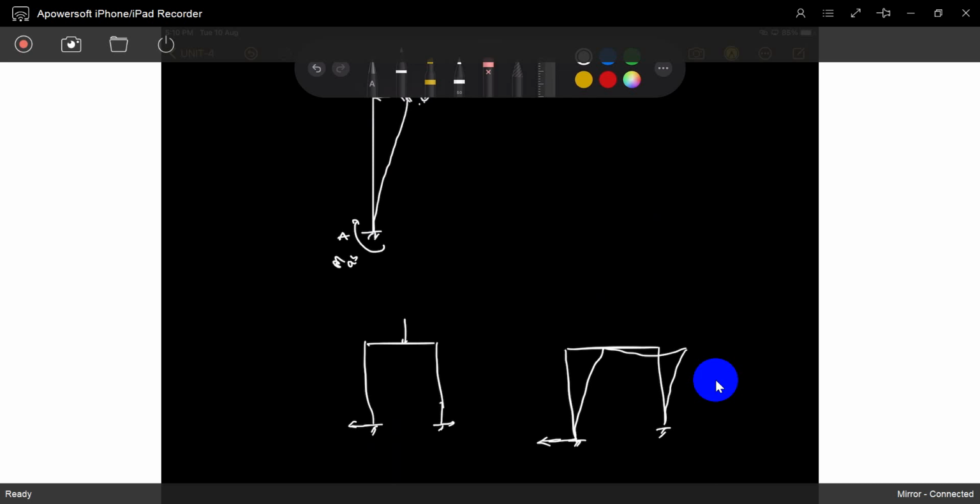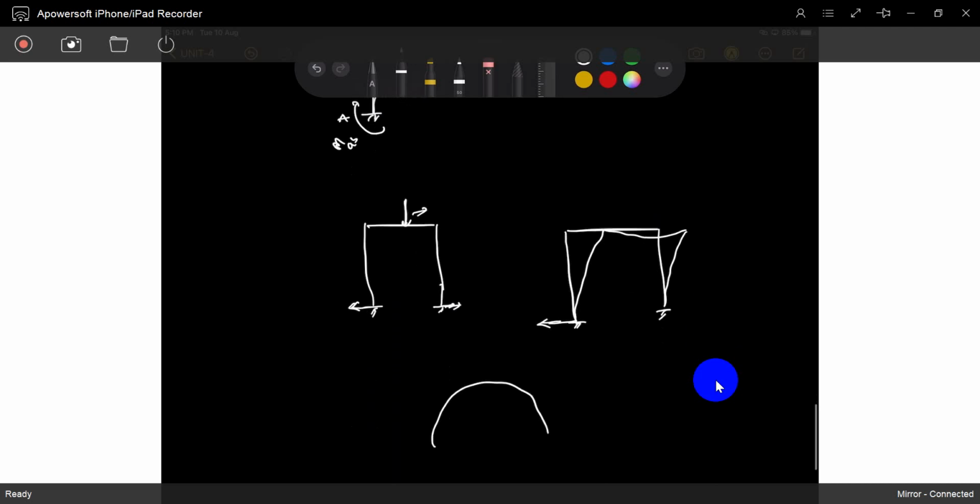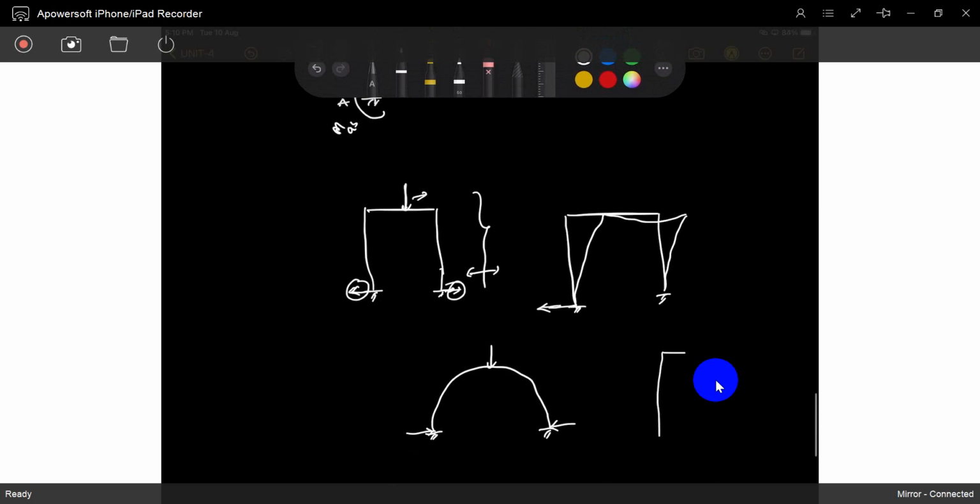Also, if it has a symmetric load, it will experience a horizontal force. As we already saw in arches, with loading there we experienced a thrust, the horizontal force. Compulsorily it experiences it. In frames also, in the first unit on energy principles, we calculated that H also. So we will get an H. One thing to observe: if you put rollers and apply any load,